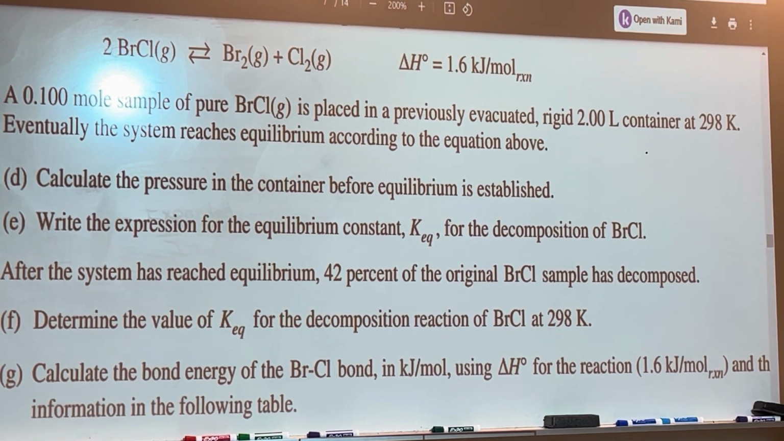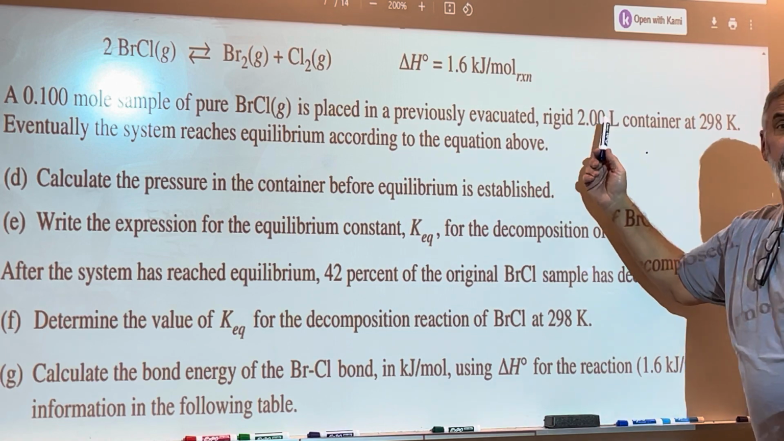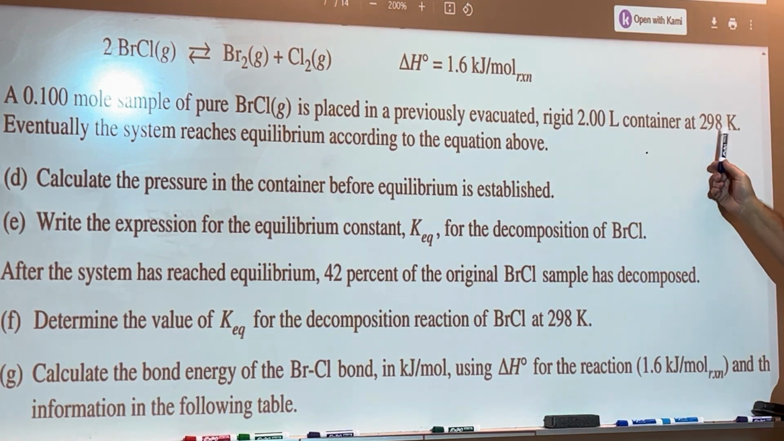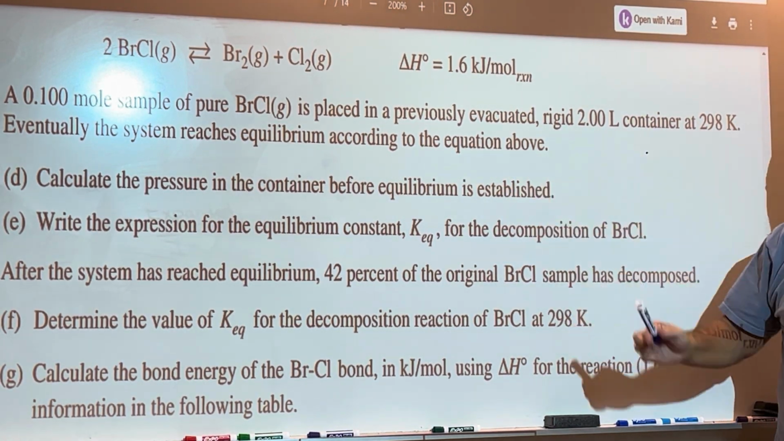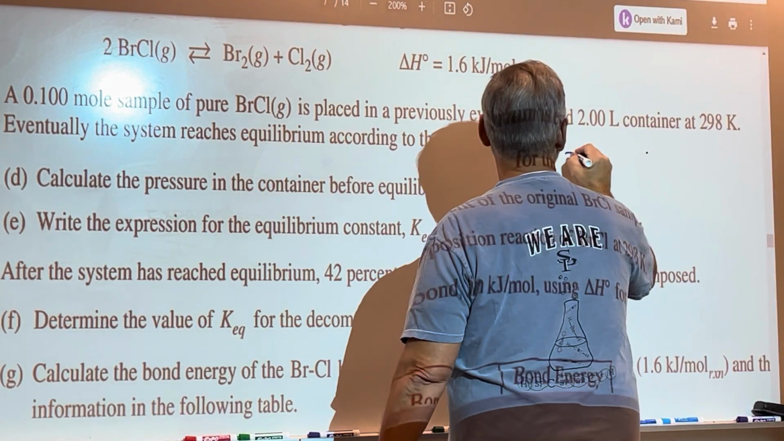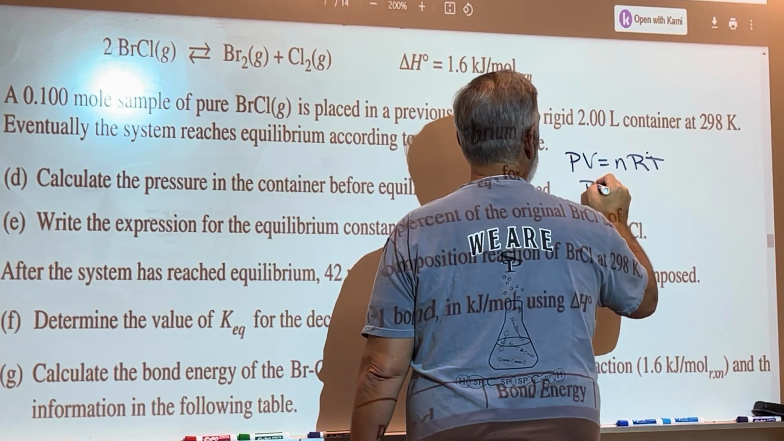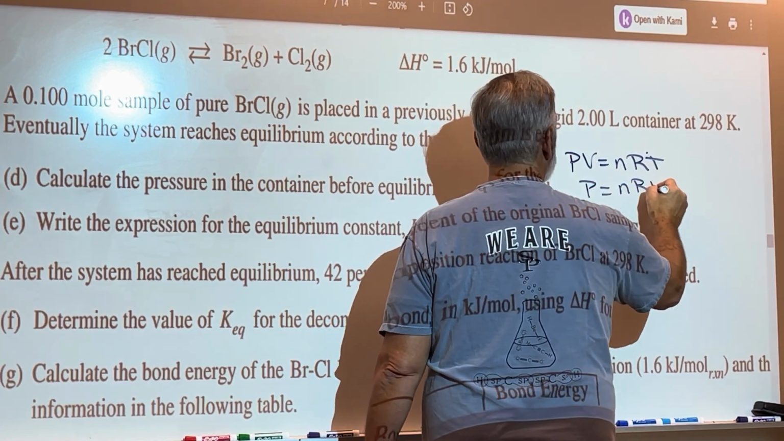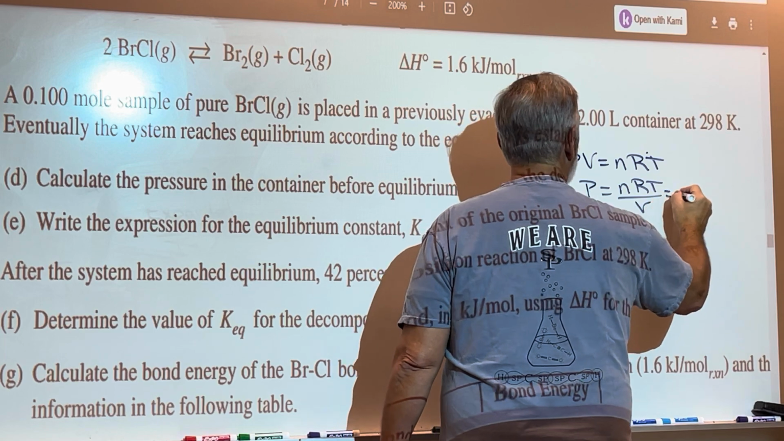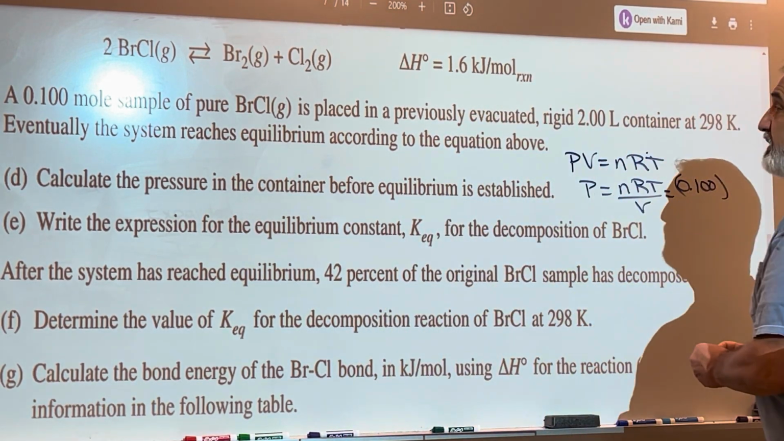All right, we should be done by now. Okay, look, calculate the pressure. I'm given a volume, I'm given a temperature, and I'm given moles. What equation am I going to use? Ideal gas law. PV equals nRT. Therefore, P equals nRT over V, 0.1 times,